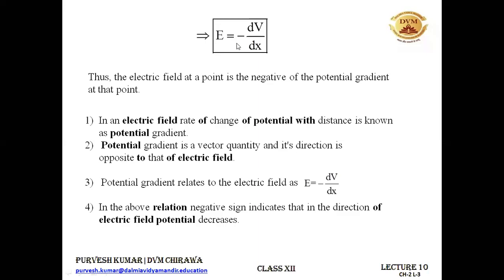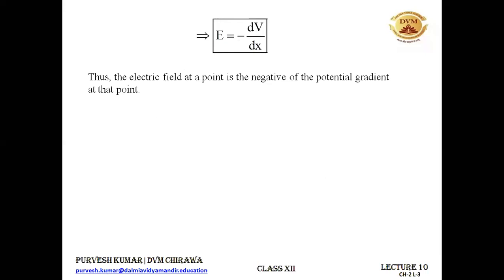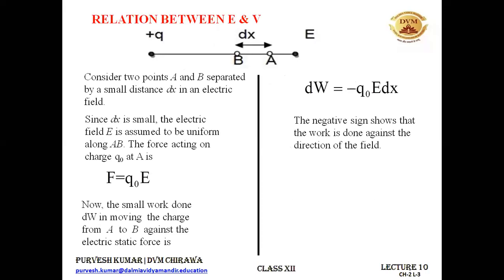Please keep this in mind that it is the potential difference over a length dx. We will be using this equation when we derive the capacitance of a parallel plate capacitor. So please keep this in mind. And because of this, there is one different unit of electric field, that is volt per meter. Now let's come back to the point that we have skipped in between.